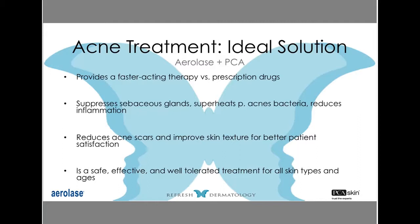And from a pathophysiologic standpoint, we know why it's happening, right? You're reducing the sebaceous glands, you're going to kill off the P. acnes, and the side effect when the P. acnes and sebaceous glands are clear is there's reduced inflammation. My favorite part is that in this melting pot that we call the U.S., it's safe for all skin types